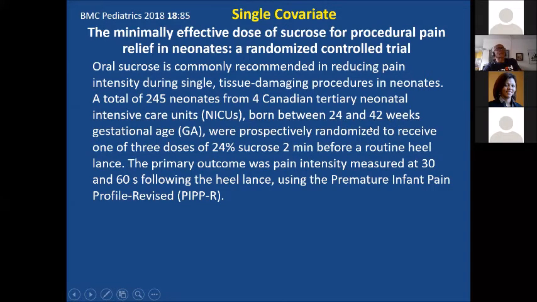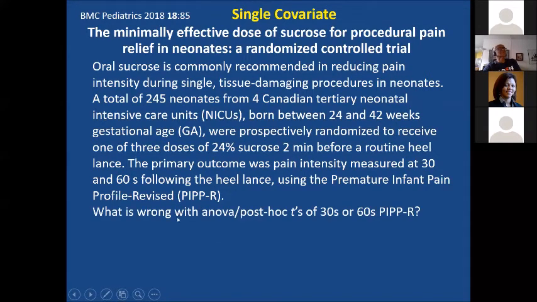This is relevant for what I want to say. Gestational age, and they were randomized to receive one of 3 doses of sucrose. They were trying to figure out what's the good dose of sucrose to give before a heel lance. And so the primary outcome was pain intensity, measured 30 and 60 seconds following the heel lance, and they had some scoring scheme for that. So